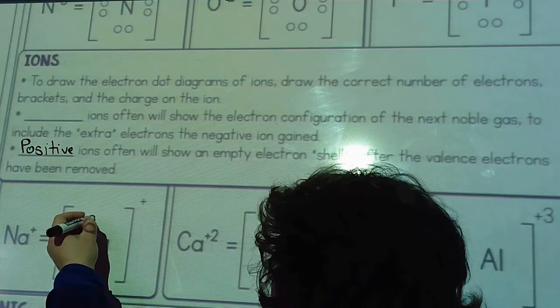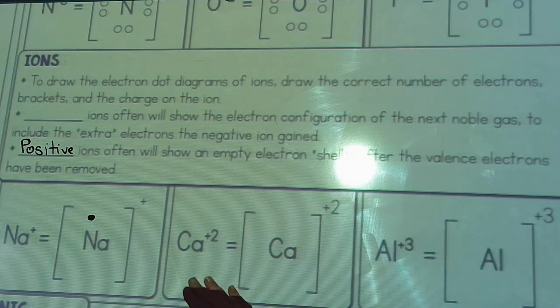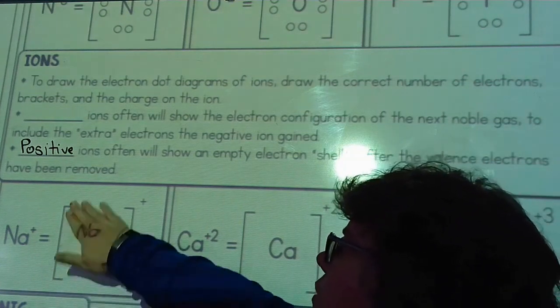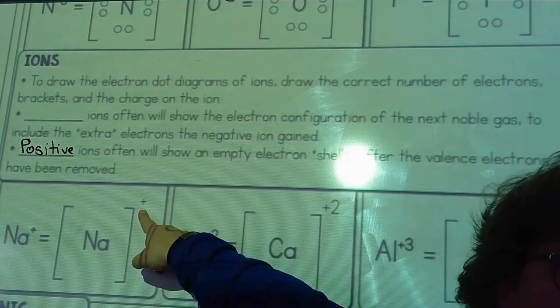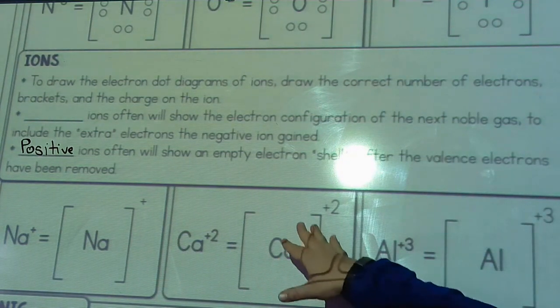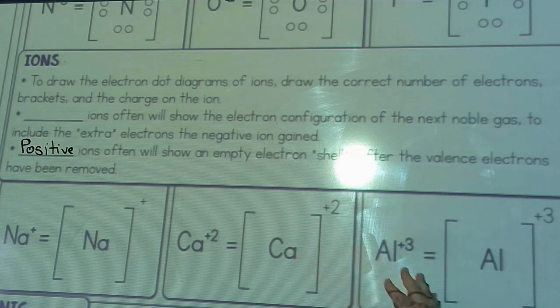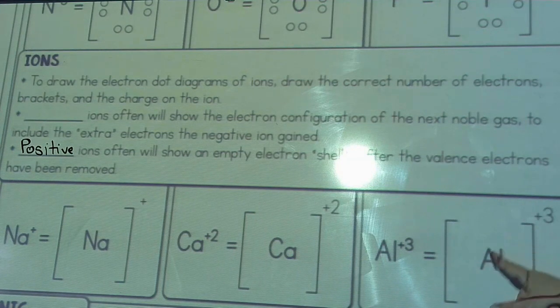But if you look at your periodic table, sodium by itself has 1. It definitely has a tendency to lose that 1 and gain a positive charge. Same with calcium, which has 2 valence electrons and has a strong tendency to lose them and gain that +2 charge. And aluminum, same thing, 3 valence electrons, but it will lose them and have a +3 charge, because it still has 13 protons but only 10 electrons. That gives it that